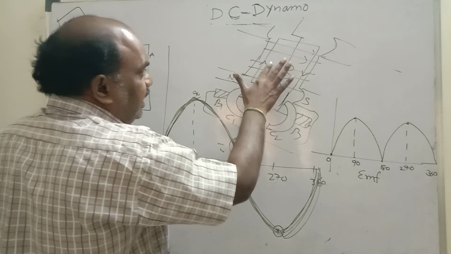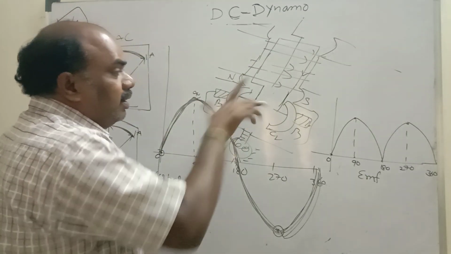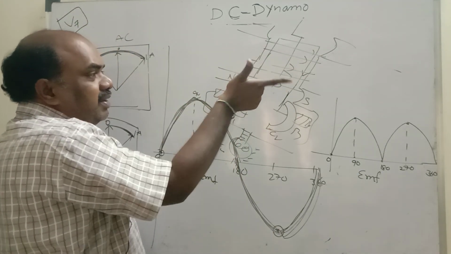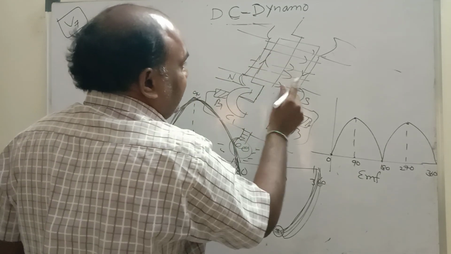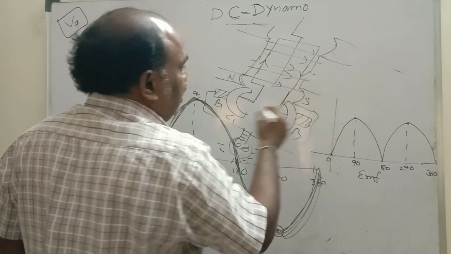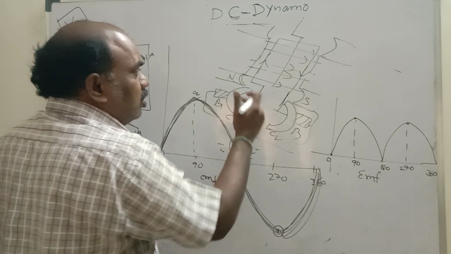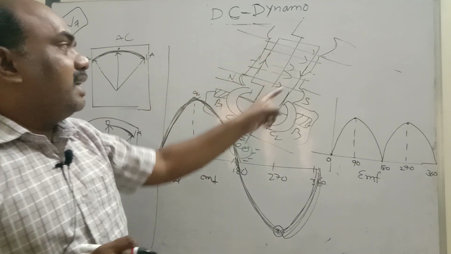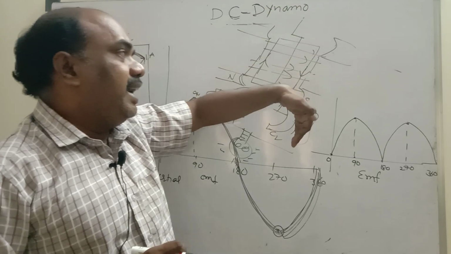Example, let us consider this is a uniform magnet. Here also right hand thumb rule only. This is the magnetic field direction. Let us consider this arm is upwards. Current is entering in this direction and leaving from this direction. There is no change in commutators. Current always goes in from AB and leaves from CD. So it is direct current. Continuously current is going in from the left arm, coming out from the right arm.